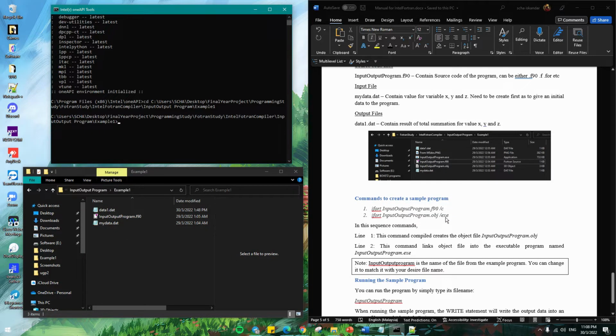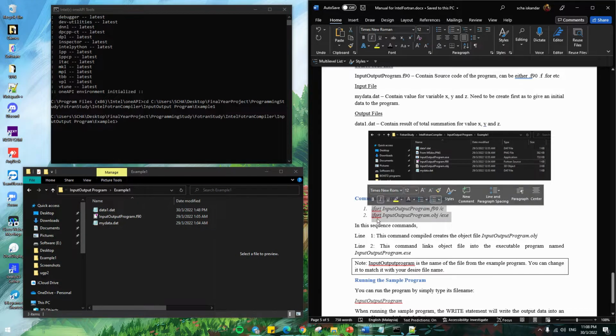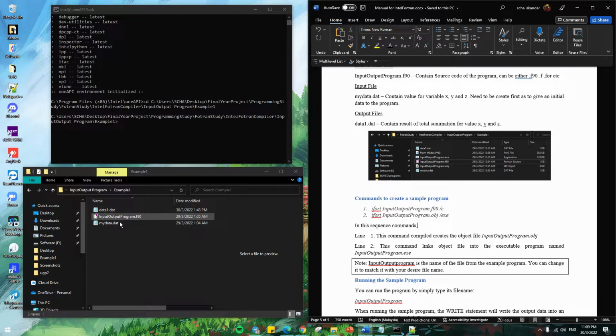Here I have simplified everything: the command to create the object file and also the executable file. All you need to do is copy it here, but you can change it. For this one, my file name is input output program, so you can change it to your desired file name, whatever you named the file. Then I paste it here, but without the number one there, we don't want that. We can see that there is no object file here. If I hit the enter button,